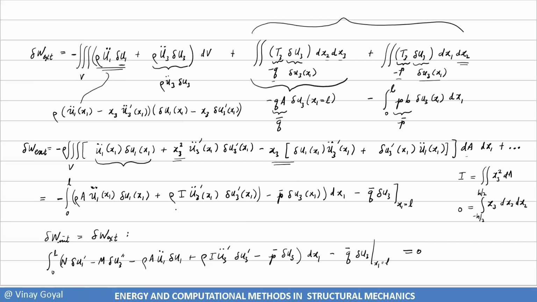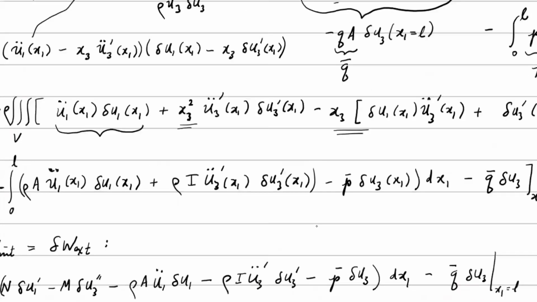Now, this negative sign should have propagated, and so I didn't fully propagate it here. So let me do that. This is minus. And so now everything is in business. The internal virtual work equals the external virtual work. So this should be plus because I brought everything to one side of the equation. So the internal virtual work,